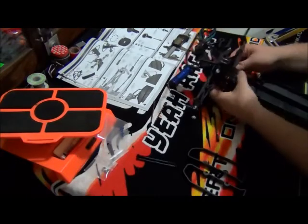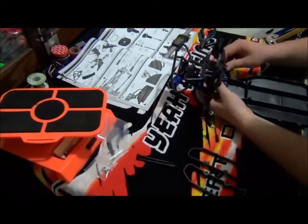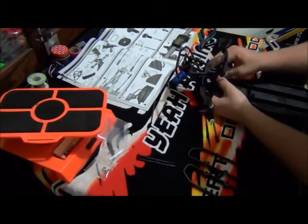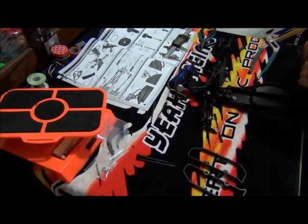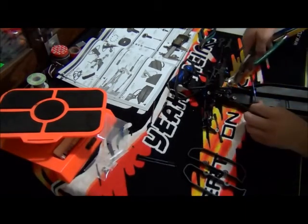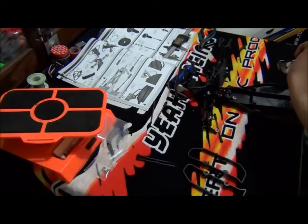When you're building it, when you're putting them on, it helps just to put your finger underneath what you're pushing up against. Just a little bit of support. Sometimes you'll just have to cheat and use some multi-grips, because the multi-grips can go underneath. And I'll just